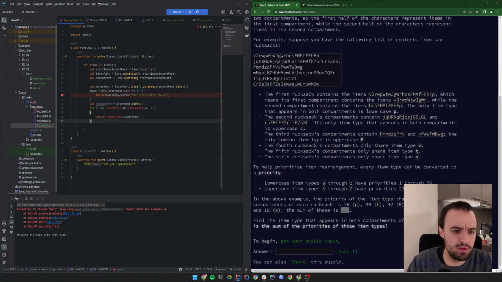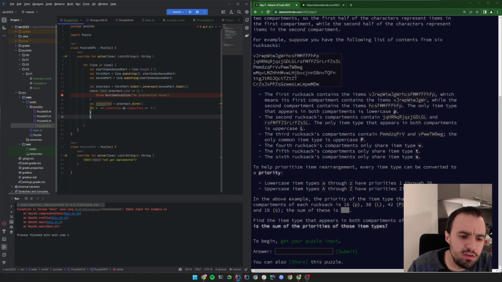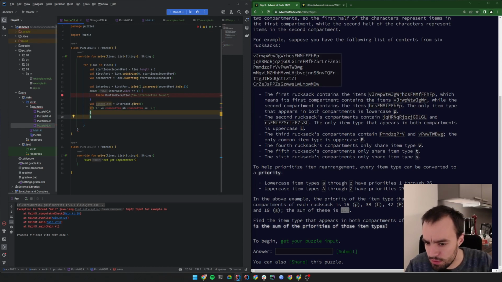And the common item is smaller than Z. Well, it doesn't. Unresolved reference. Yeah, we'll figure that out. This should actually work. And if this common item is larger or equal to that, and it's smaller or equal to Z, then we want